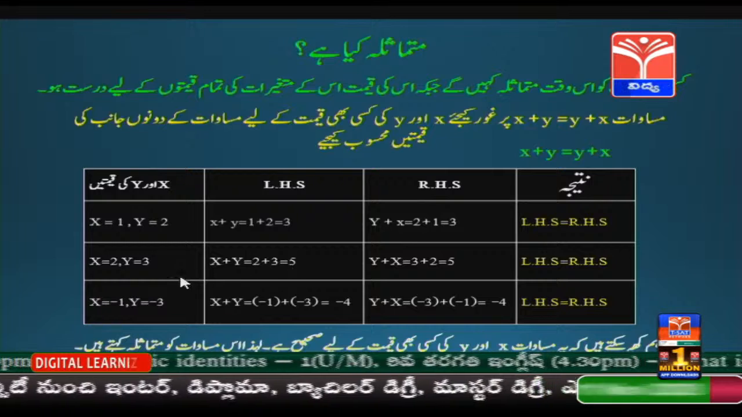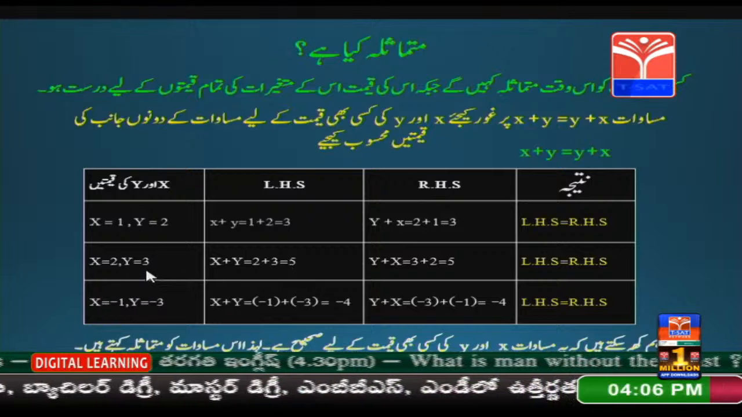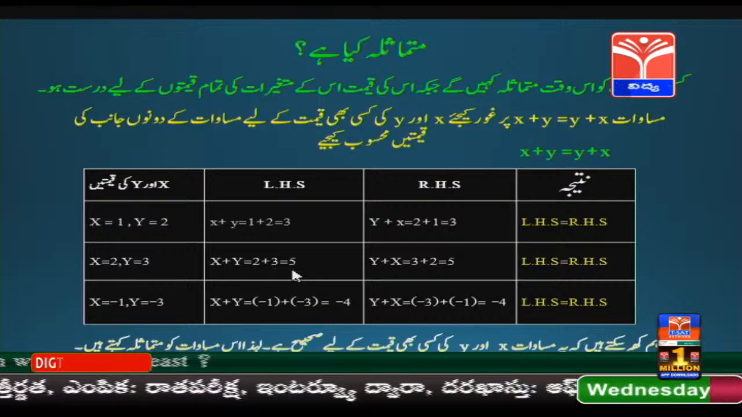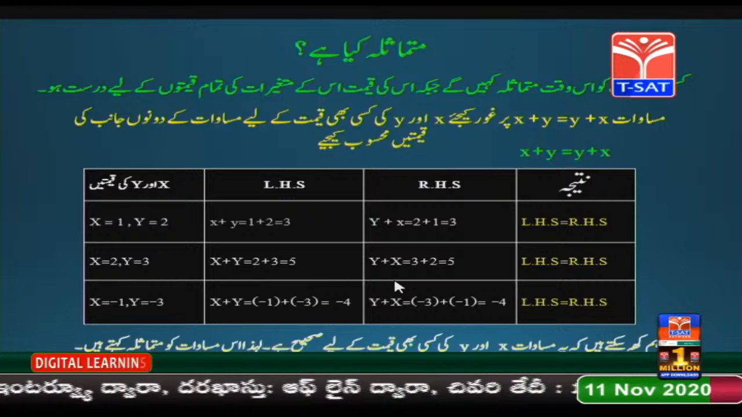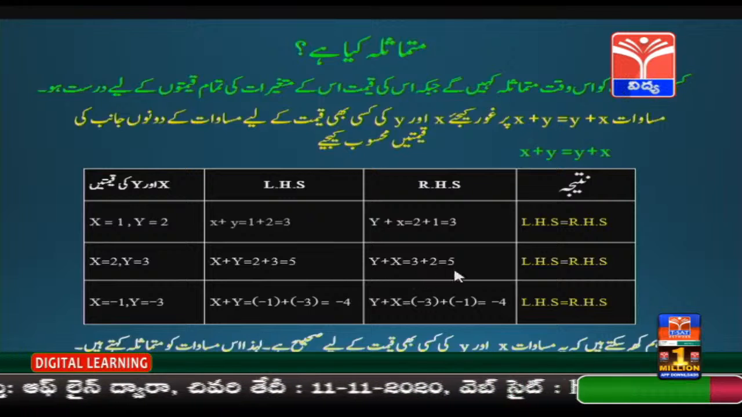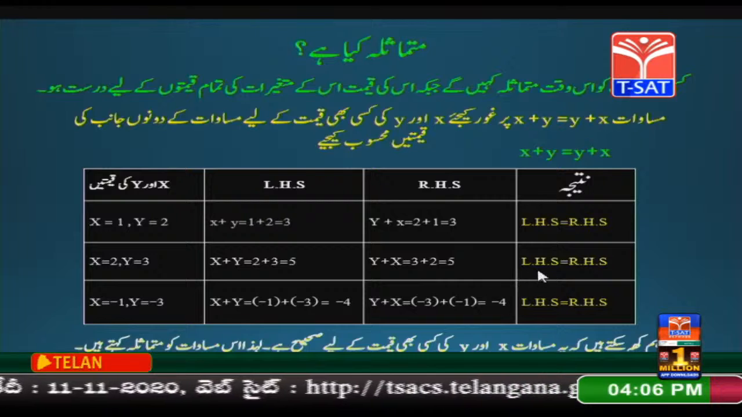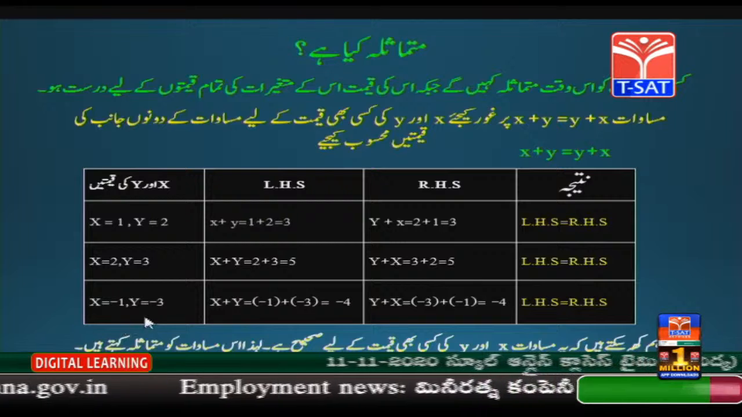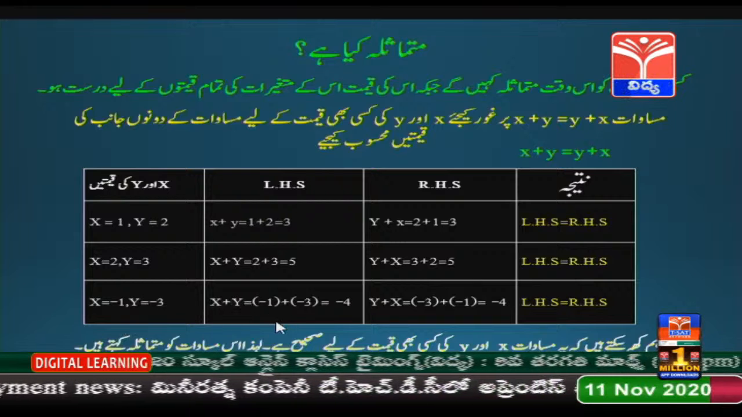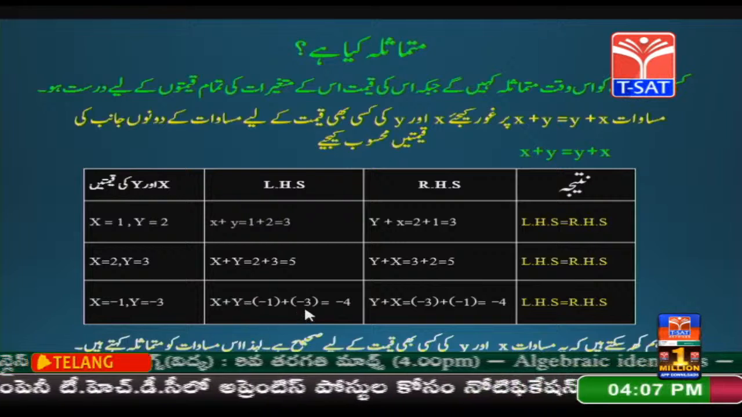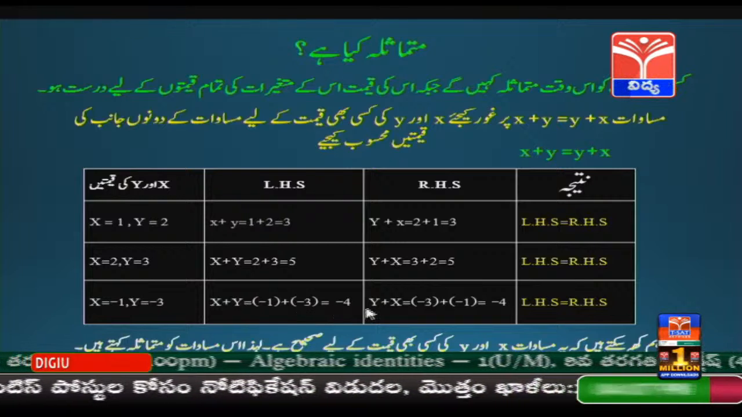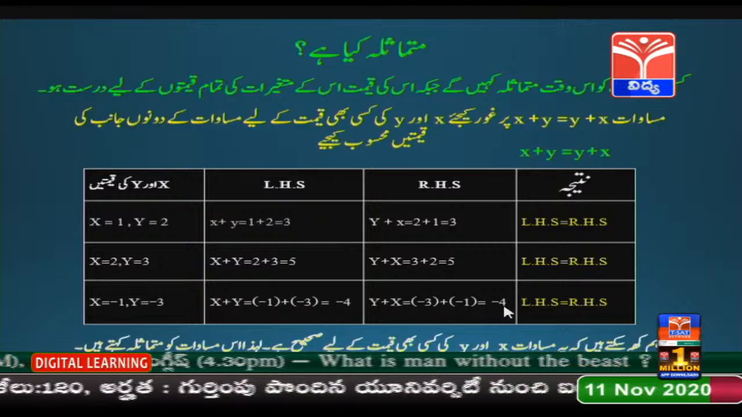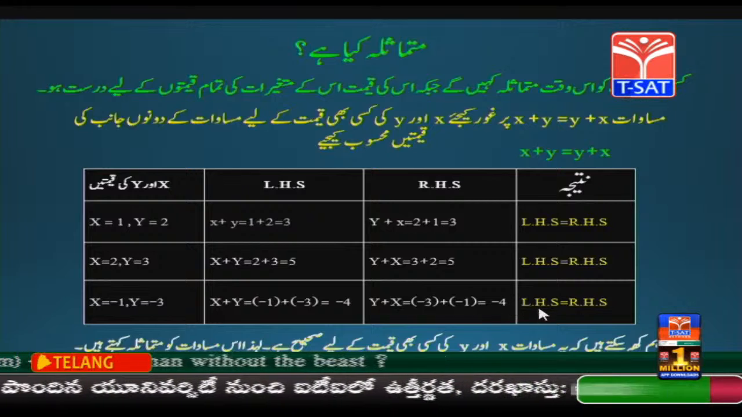اسی طرح سے x = 2، y = 3 درج کرنے پر x + y = 2 + 3 = 5 ہوگا۔ اسی طرح سے y + x = 3 + 2 = 5 ہوگا۔ یہاں دونوں جانب 5 آ گیا ہے تو یہاں بھی LHS مساوی ہے RHS۔ یہاں x = -1، y = -3 لینے پر x + y = -1 + (-3) = -4۔ رائٹ ہینڈ سائڈ والا y + x = -3 + (-1) = -4۔ یہاں بھی LHS مساوی RHS آ گیا ہے۔